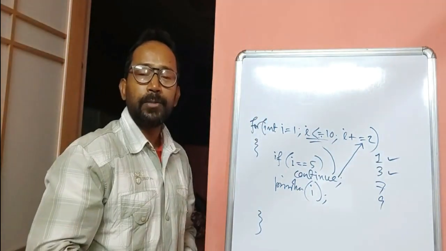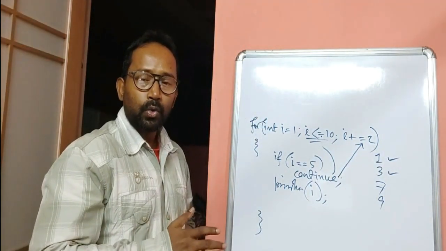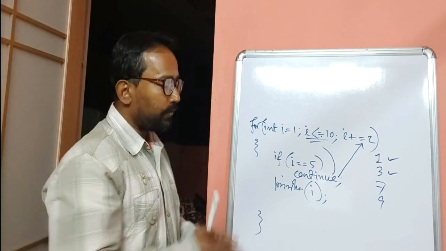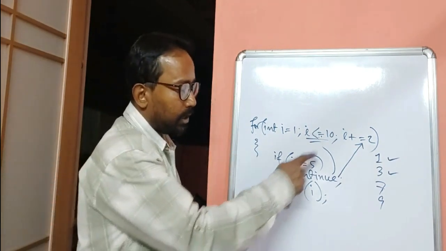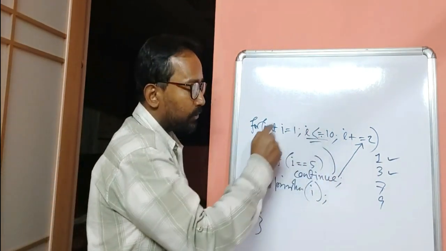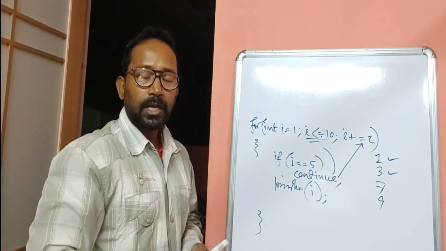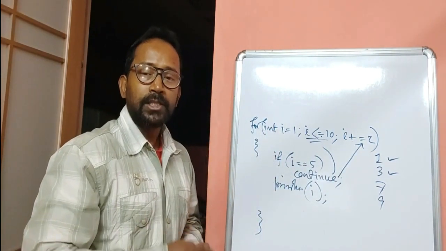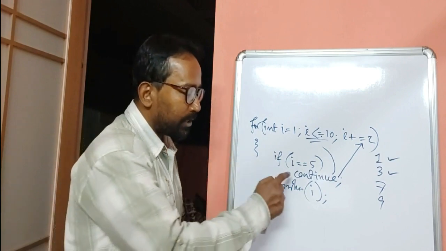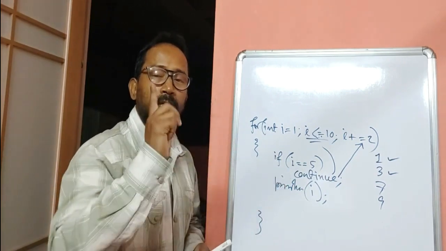So this is the difference between continue in while do while and continue in for. When we use continue in for, it sends the control to the update statement. Why? Because for loop is fixed iterative loop. That means if the loop has been made to execute for 10 times, regardless of the execution of this continue statement, loop will execute 10 times.